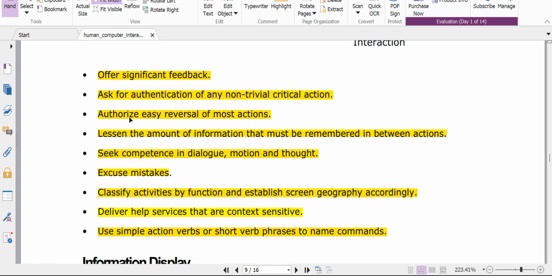And also authorize easy reversal of most actions. So you can see that it's not saying that authorize easy reversal of all actions. No, there should be an easy reversal of most actions. So when you look at some actions and you think there can be some form of reversal, try and help it out. Make the system interactive in a way that the user can make a mistake but later